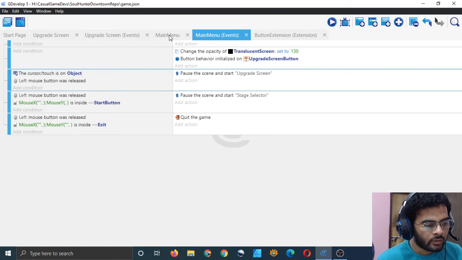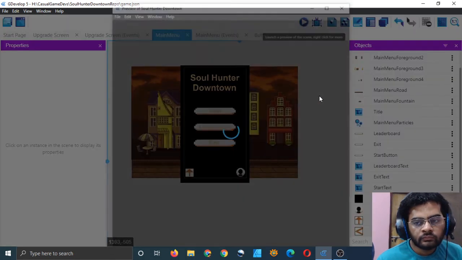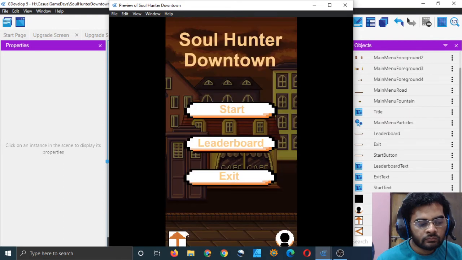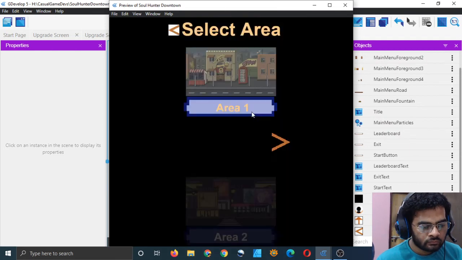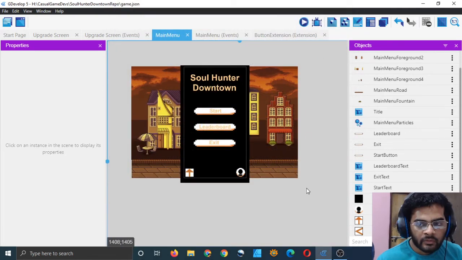Pause and go to upgrade screen. Still not able to go to upgrade screen.